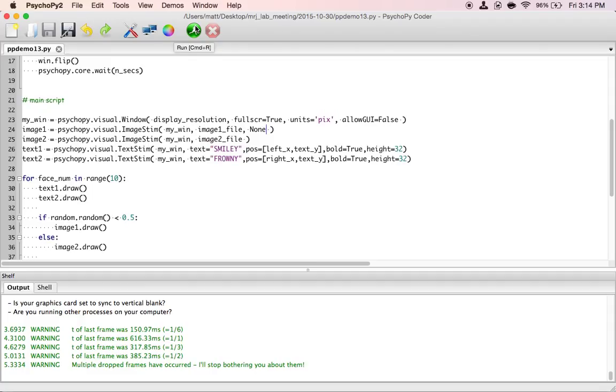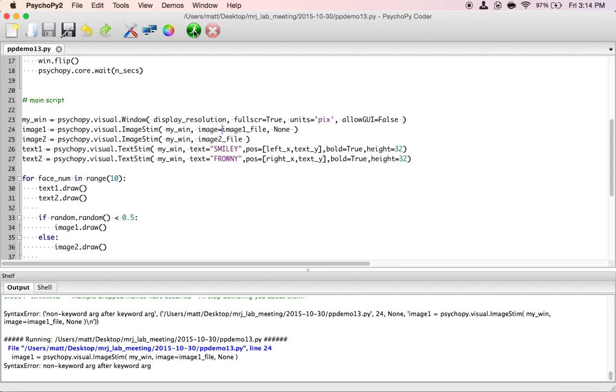So that's valid code, right? But if I instead said something like what I said before, image equals image file, and then none, this should give me an error. Okay. So why does this give me an error, right? Because,